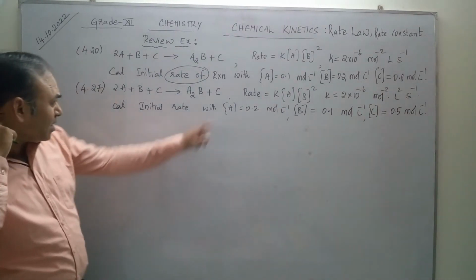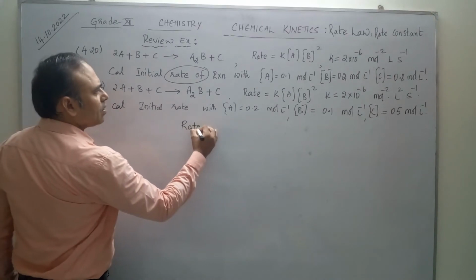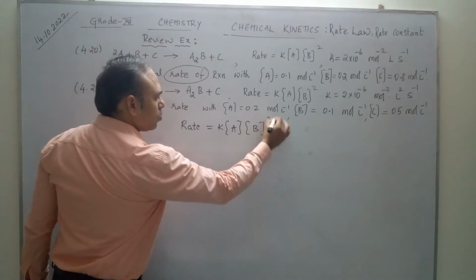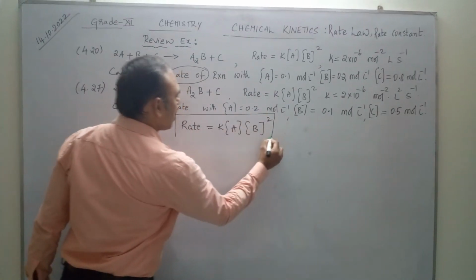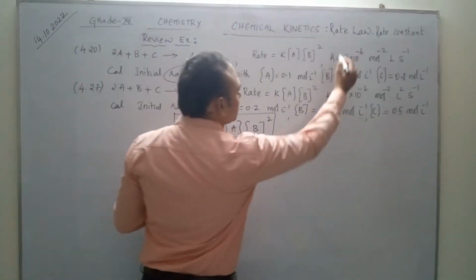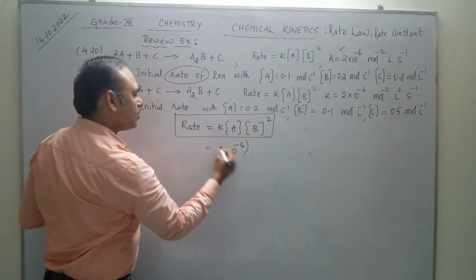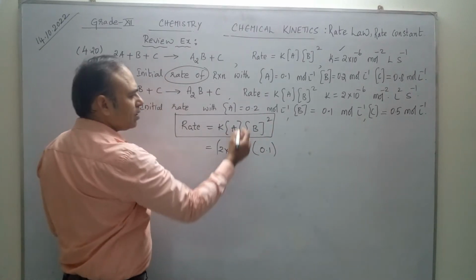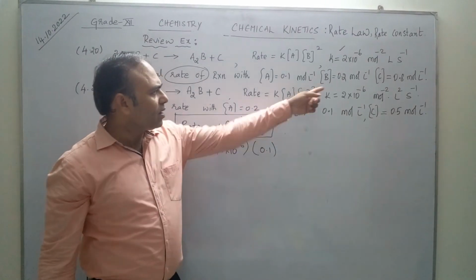So according to the rate law you have this equation. Let us write rate is equal to K into concentration of A into concentration of B square. This is given, and we just need to substitute the values here. What is the rate constant? 2 into 10 to the power of minus 6. Now the concentration of A is 0.1, here only 1, so to the power of 1. Now the concentration of B square is nothing but